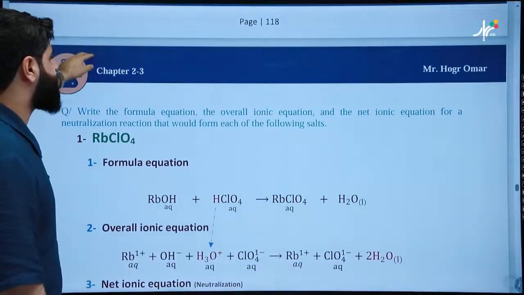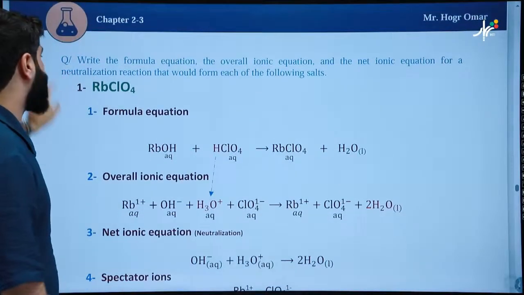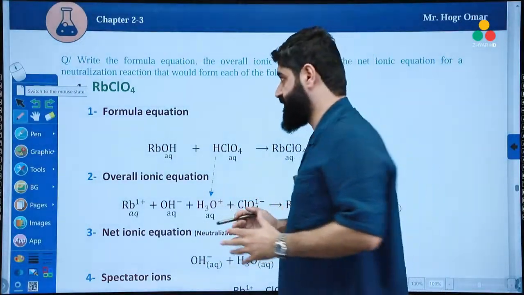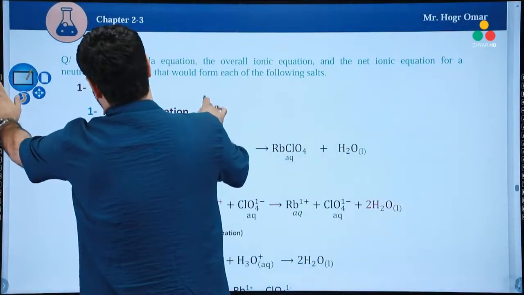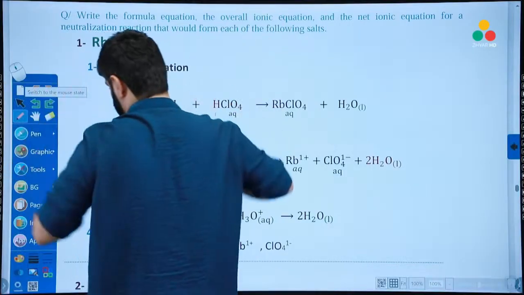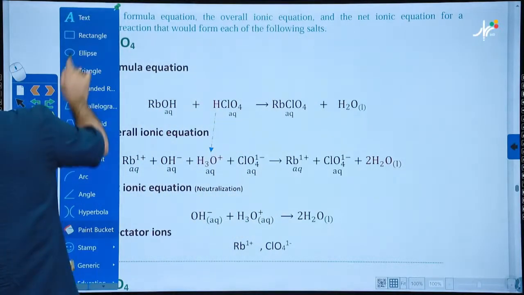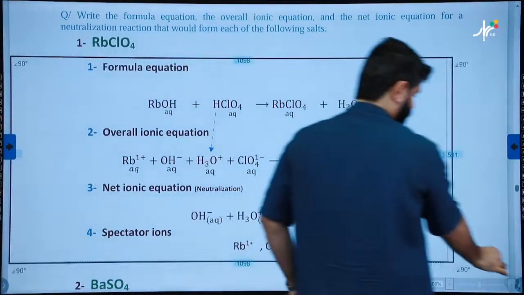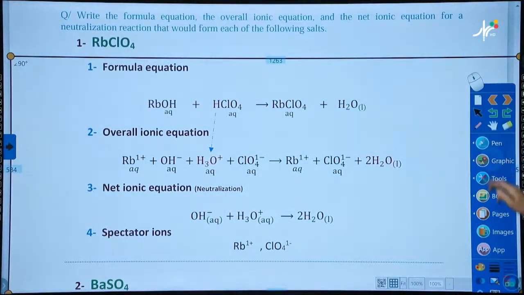And now let's get the second form of the question. This time we will have the salt directly instead of having the acid and the base. The question can give you the salt. So in this case, we should get back the original substances, which are the acid and the base. Look at this, my dear. Let me show you how to solve this.